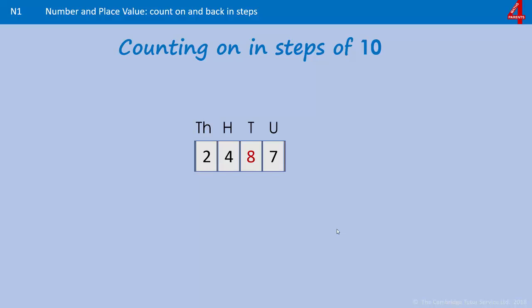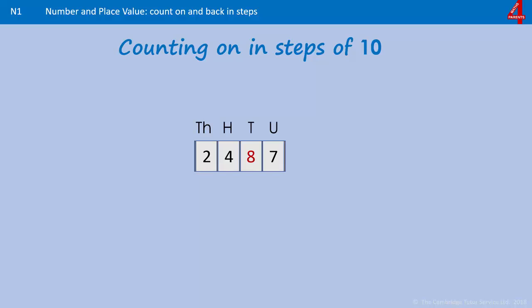When we count in steps of 10, the units will never change, so that 7 will remain 7 however many lots of tens we add on. However, the other digits will change some of the time. Just to demonstrate this, we have the number